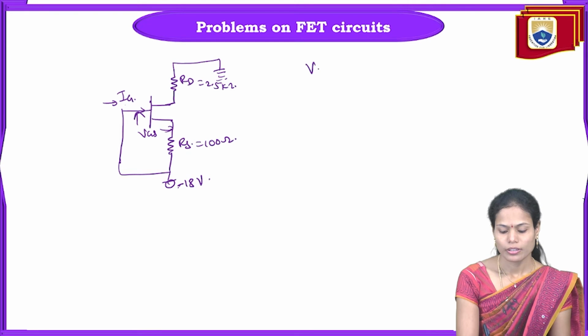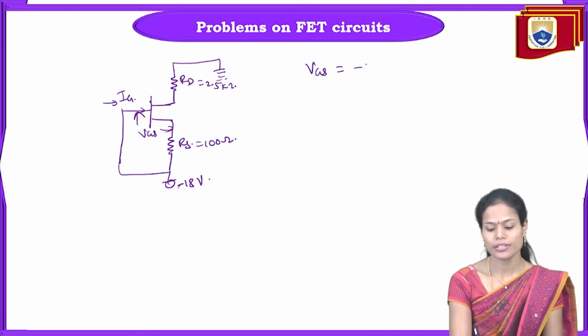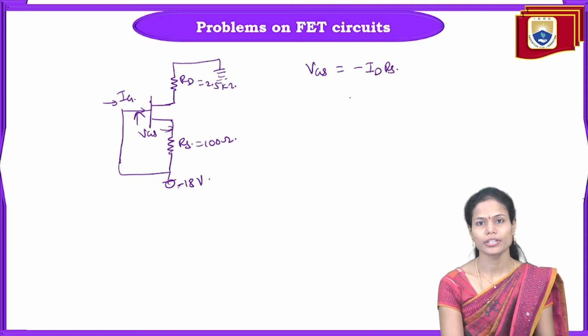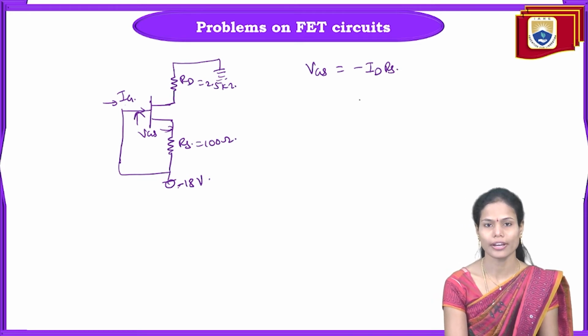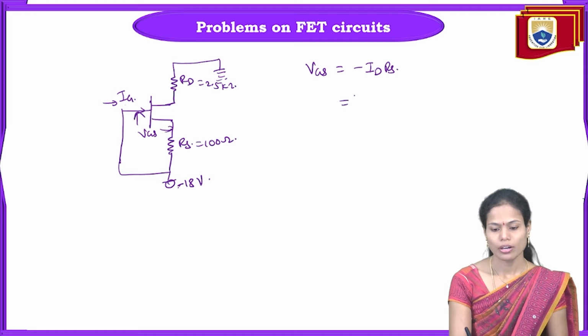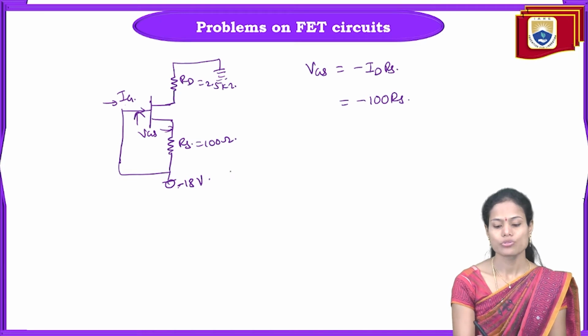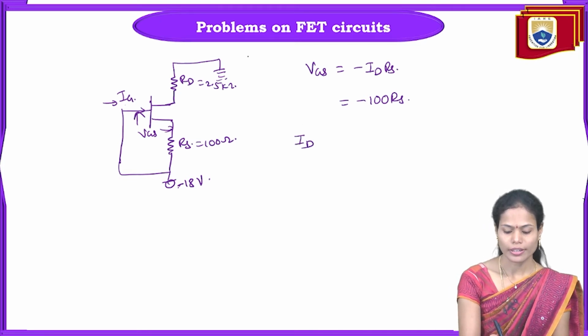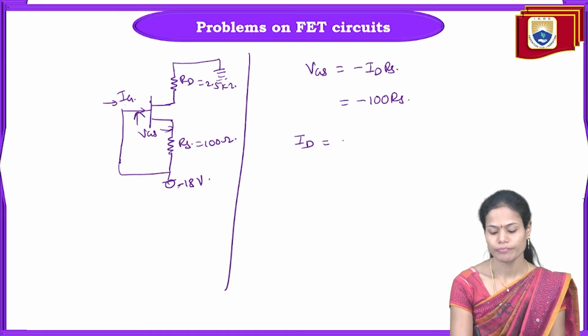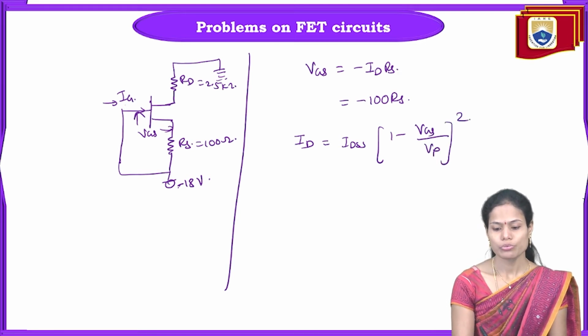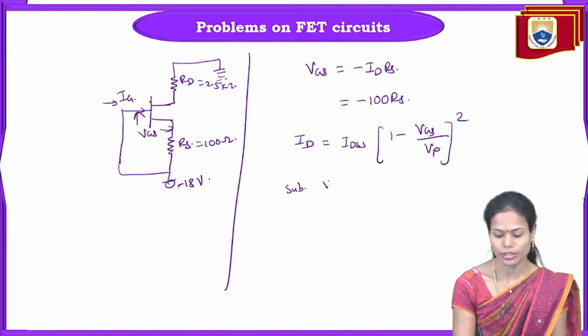So here we also have VGS is equal to minus ID into RS. In the previous problem, we calculated this value. In the previous case it is ID RS, but here the VP value is negative, so that's why it is minus ID into RS. The ID value is given as 100, so minus 100 into RS here. Again we have the drain current formula: ID is equal to IDSS into 1 minus VGS by VP, whole square. So substitute this VGS value here